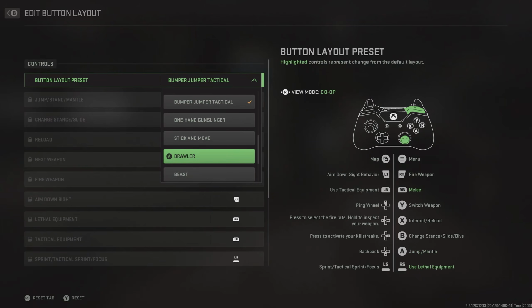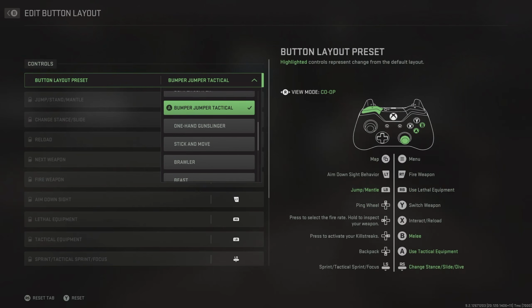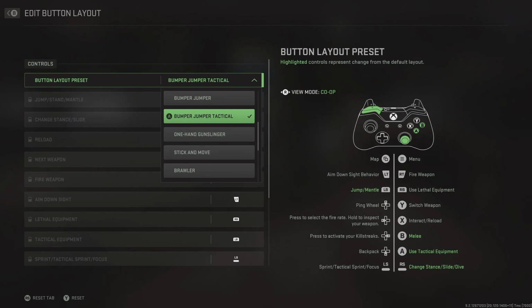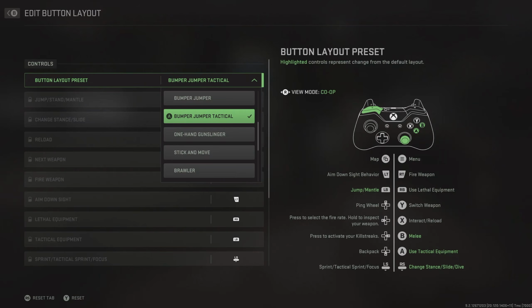If you have seen settings videos of mine before though, you know that I highly recommend using bumper jumper tactical. So if you have just a standard controller, this button layout allows you to do every single bit of movement that you need to use, but without having to take your fingers off the analogs. Now usually you can only do this with a paddled controller or if you play claw. But here, as you can see, you can do your sliding and drop shotting by clicking in the right analog, but you can also do your jumping and mantling and bunny hopping by using the left bumper or L1 on